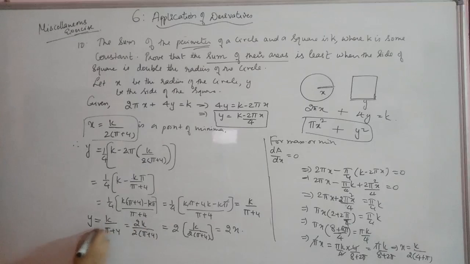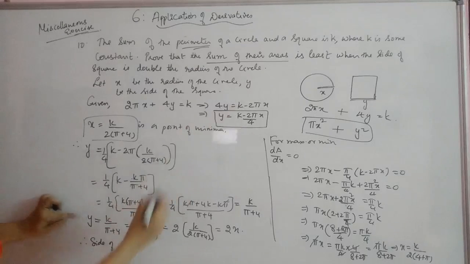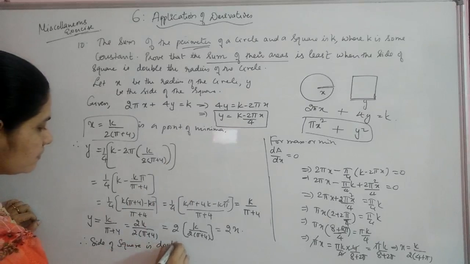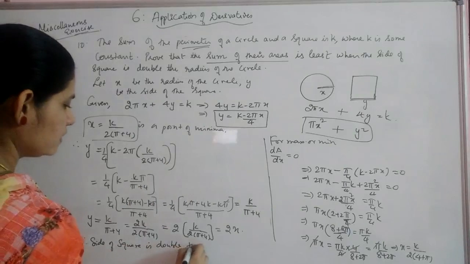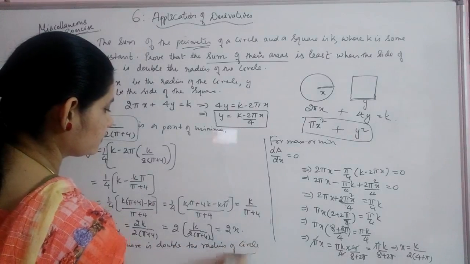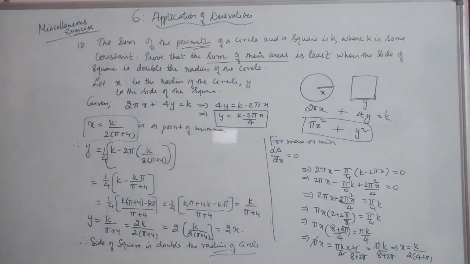And therefore what is the relation? The side of the square, y is taken as the side of the square, so side of the square is double the radius of the circle. Okay,